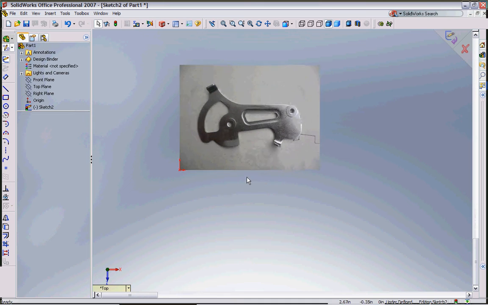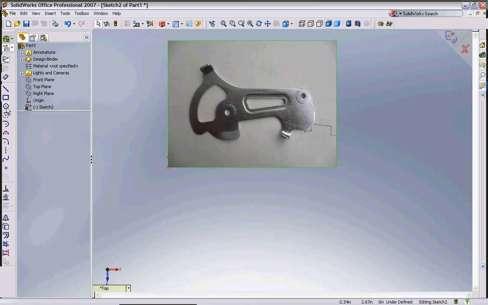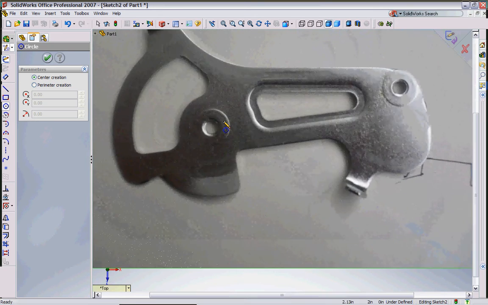And another quick useful tip is to change the transparency, and we can do that by going to here, click on the eyedropper, click there, change the transparency to say 0.84, click on OK, and that's helpful when you're sketching around this. So if we're going to use this as a reference, we draw a circle